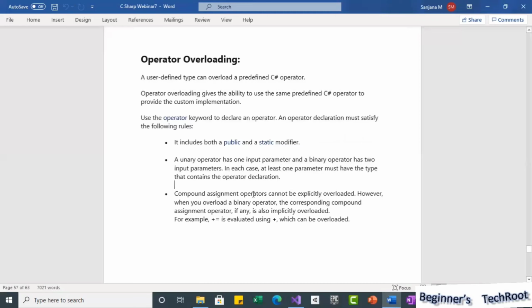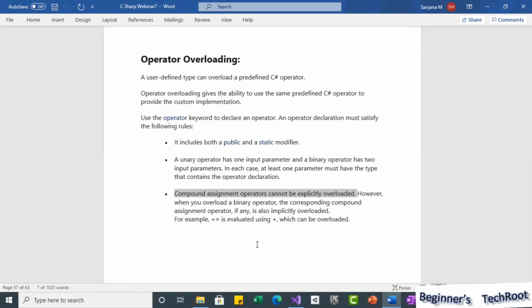Next, compound assignment operators cannot be explicitly overloaded. We know plus equal to and minus equal to are compound assignment operators. For these, we cannot define operator overloading explicitly.